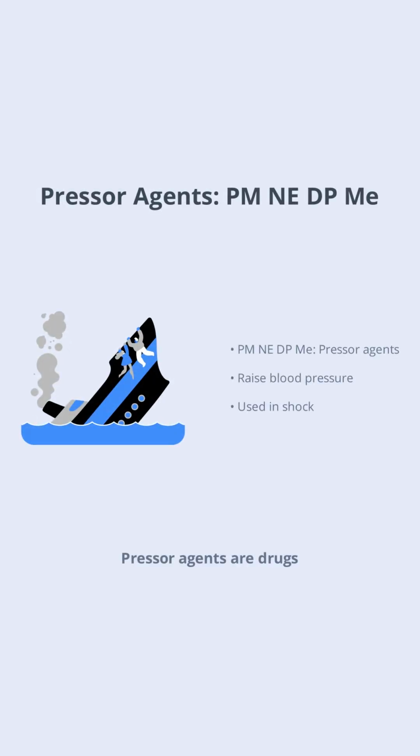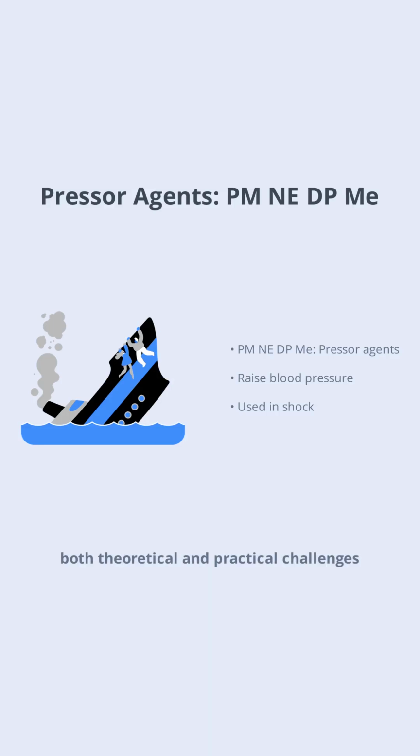Pressor agents are drugs that raise blood pressure, often used in shock or severe hypotension. The mnemonic PMNEDPME helps you remember methotrexate, noradrenaline, ephedrine, dopamine, phenylephrine, and mefenamine. These agents are vital in critical care settings. By using this mnemonic, you can easily recall the main pressor drugs and their order, ensuring you're prepared for both